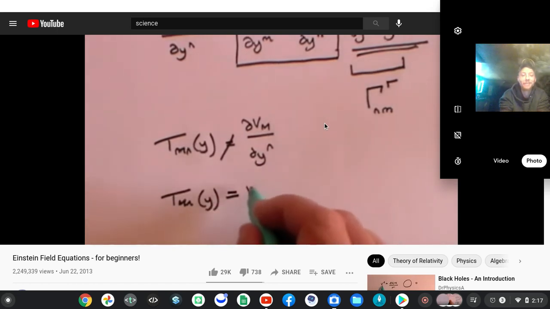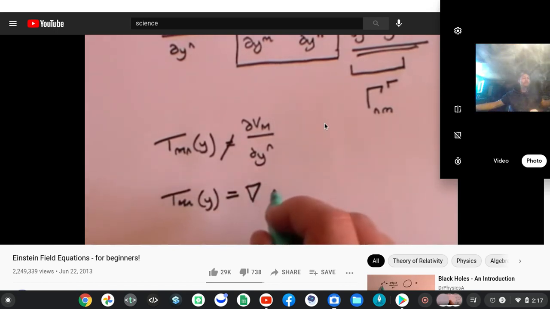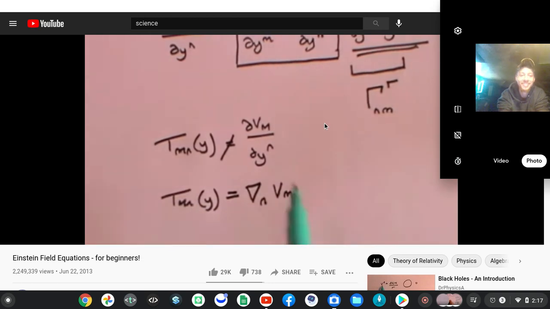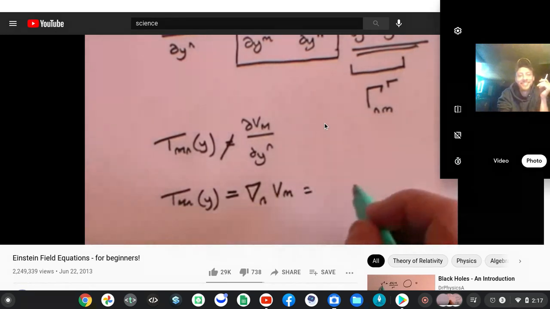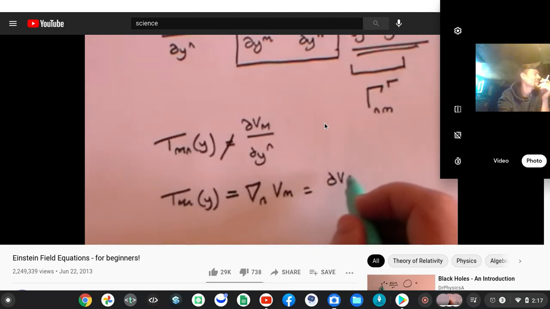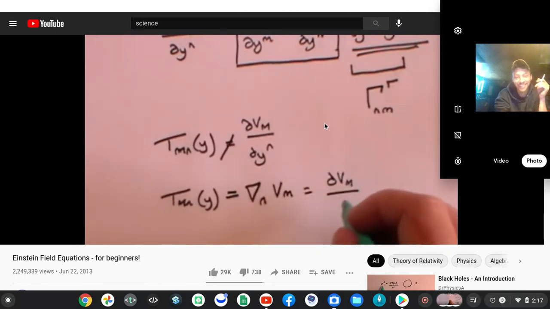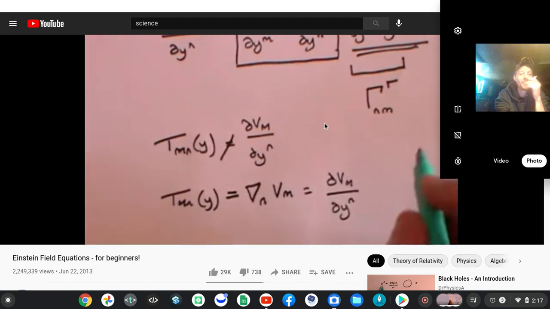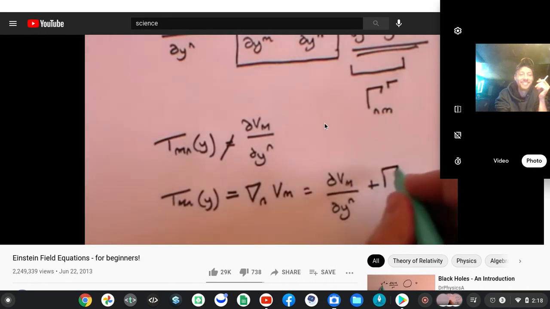And the way we get around that extra term is we say that TMN in Y does equal a new concept, which we will call the covariant derivative. That's what that symbol means. So it's not the ordinary derivative. We've shown it was not. We're going to call it the covariant derivative. And what is the covariant derivative? Well, the covariant derivative is going to be the ordinary derivative, dVM by dYN, which is what we thought it was, but it wasn't, plus the Christoffel symbol, plus the correction term,